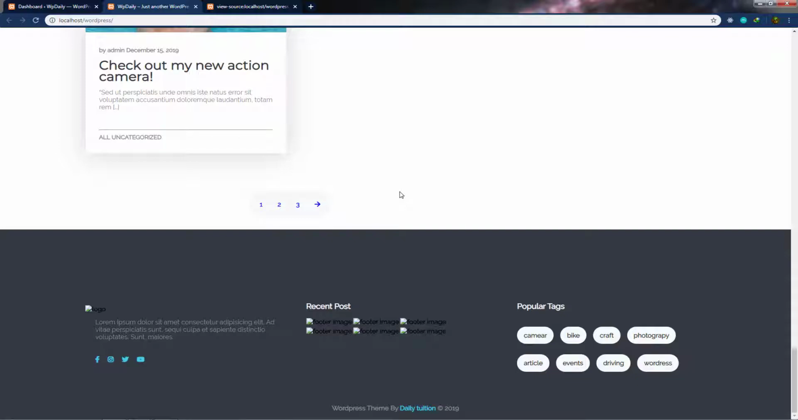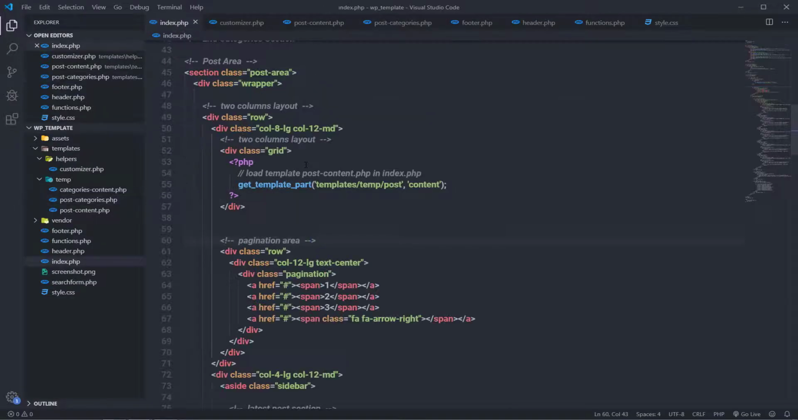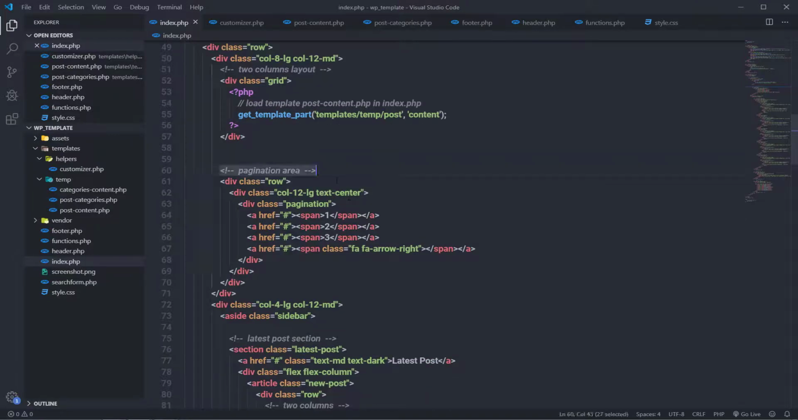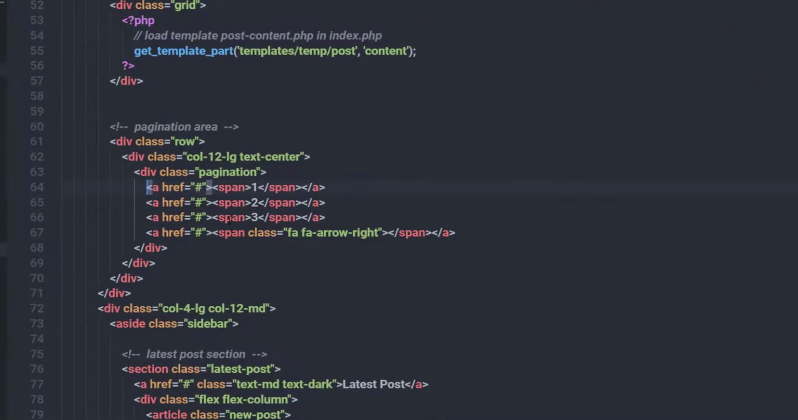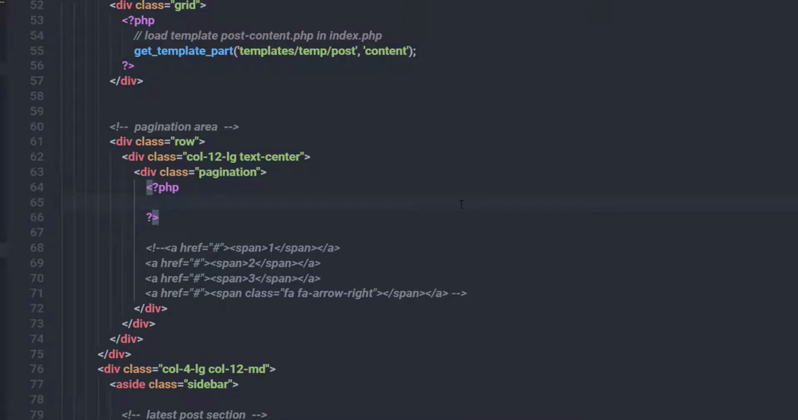I'm going back to my editor, and I'm going to open the index.php file, and down here I have this pagination area. I'm going to get rid of all these hard-coded values. I'll comment this out, and just before this anchor tag, right up here, I'm going to call PHP syntax, and in this syntax I'm going to call a simple template tag which is